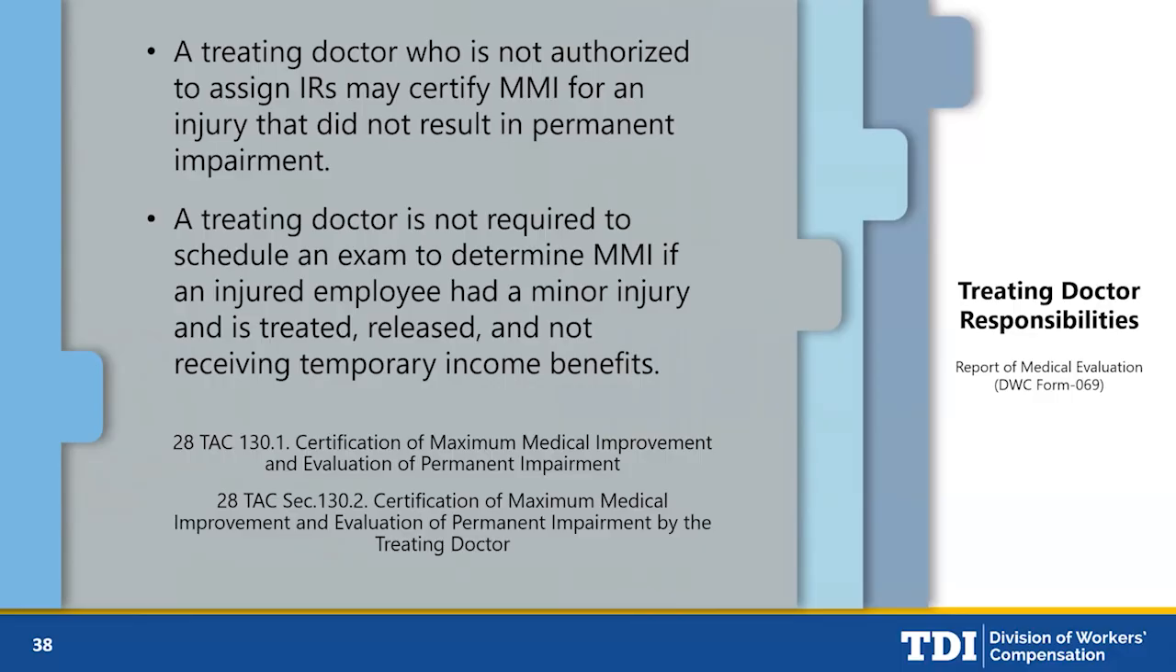So if the treating doctor determines that the injured employee has no potential for impairment, they can certify maximum medical improvement without special training. And they would complete the DWC Form 69 with the maximum medical improvement date information. So a lot of times, workers' compensation claims involve minor injuries. So the injured employee might be treated, released. They're not receiving any temporary income benefits because they haven't lost time from work. The treating doctor isn't obligated to schedule a maximum medical improvement